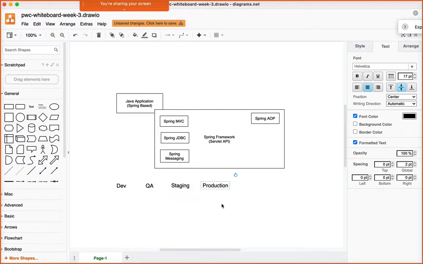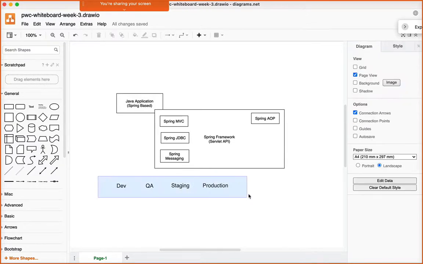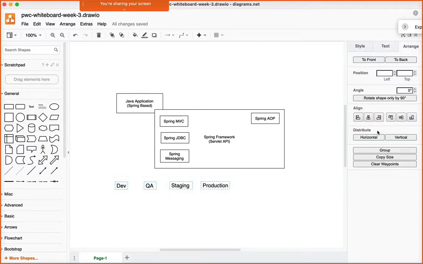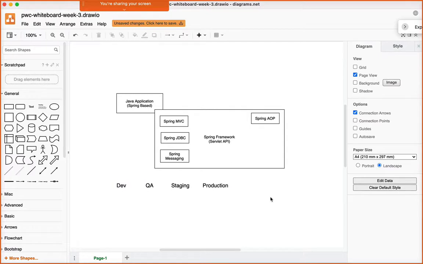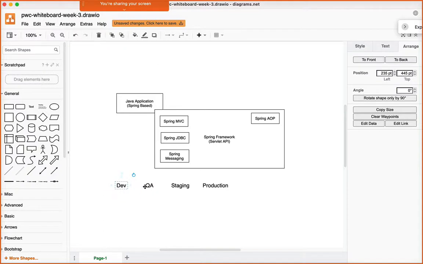So you will definitely need a dev database, you will need a QA database, you will need a staging and a production database, isn't it? You will certainly need that. And when you write your application, my dear friends, your application will at times be deployed on dev, so it must use the dev database. If deployed on QA, it must use the QA database. If deployed on staging, then staging, and production, so production. Different databases it must access, isn't it?